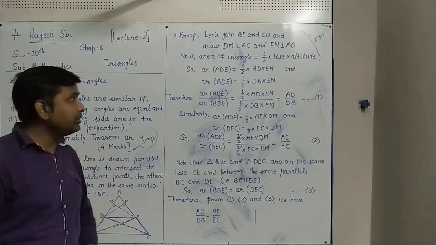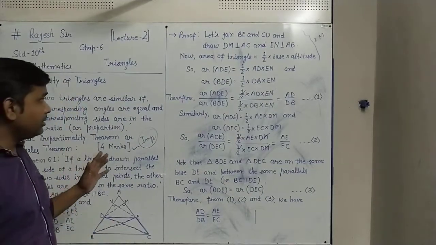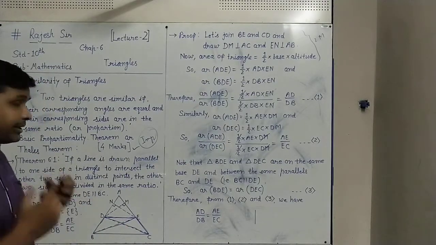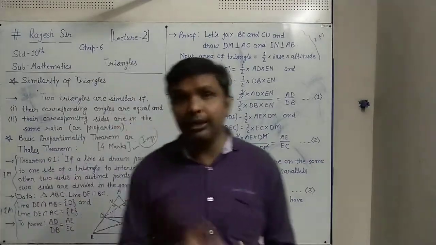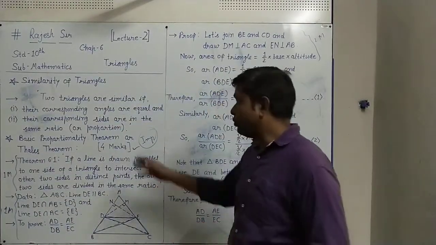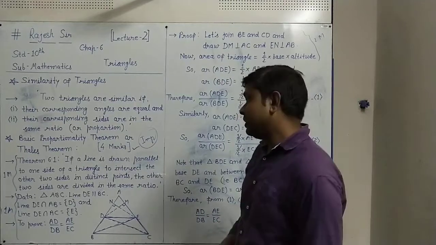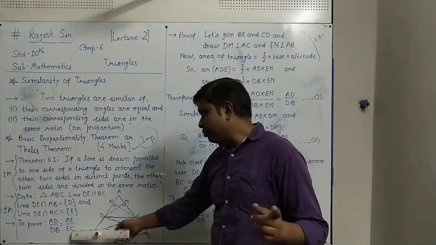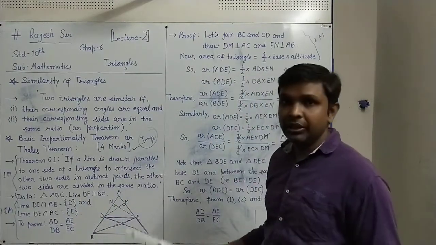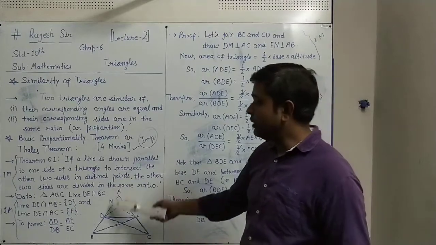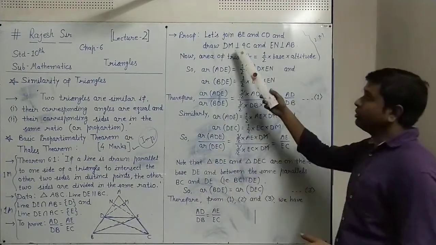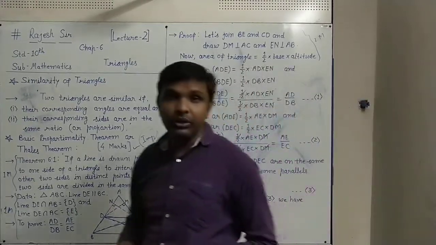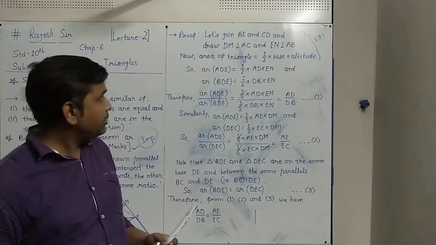This way we have to write it in a very simple way and you have to understand it. Practice it 4 or 5 times, write it down and prepare this theorem, because from the exam point of view it is a very important theorem. Very often it is asked for 4 marks. As I told you, the statement you must learn and write. Given and to prove you write this way and the figure you draw this way, it will carry 1 mark, 1 more mark, 1 and 1, 2. The remaining 2 marks will be from the proof, and very clearly we have to give the reason for everything we write in the proof. So you will get 4 out of 4.